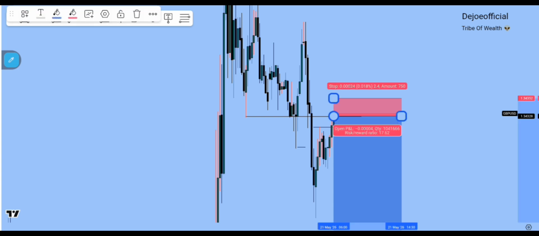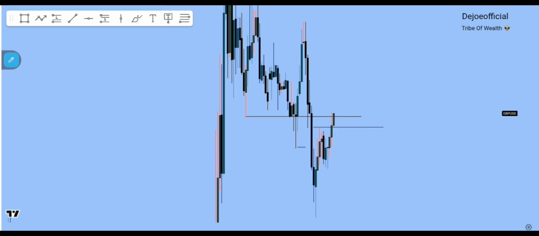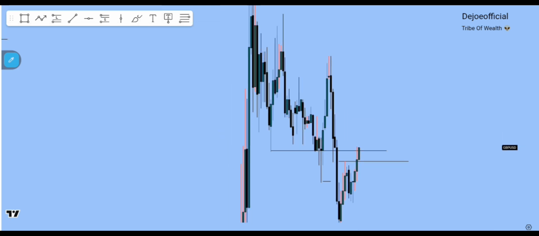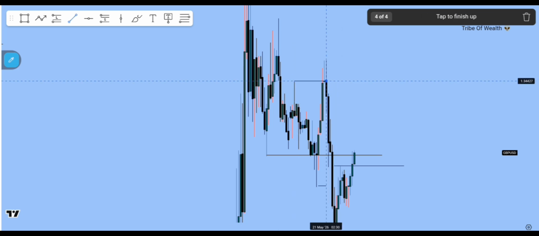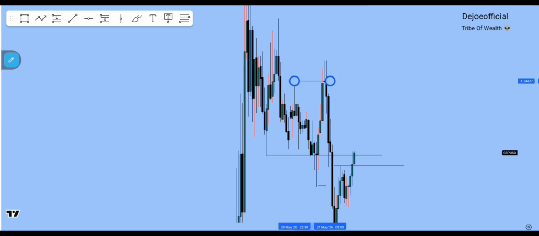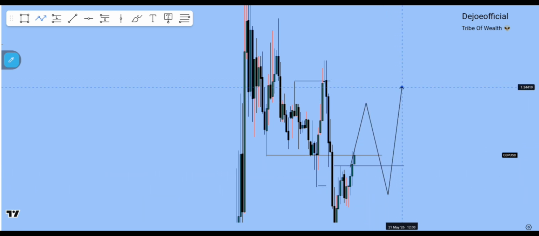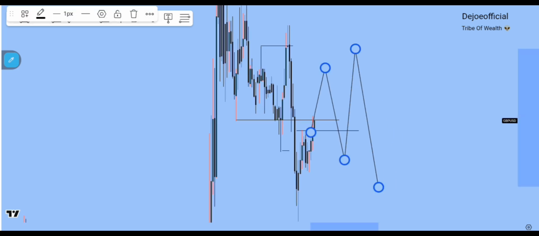So I'll be expecting, it's a valid zone. It's actually a valid zone. Well, there is a zone here that may invalidate this particular zone. You see, the zone has a sweep of liquidity and then a break here. But this zone will be valid if price actually creates another engineering liquidity while approaching the zone. Maybe create an engineering liquidity and then tapping. So this is my view on GBPUSD.